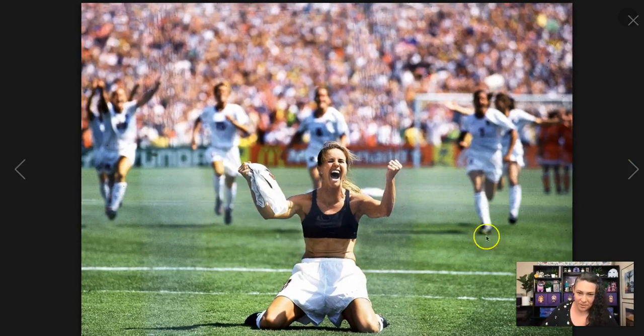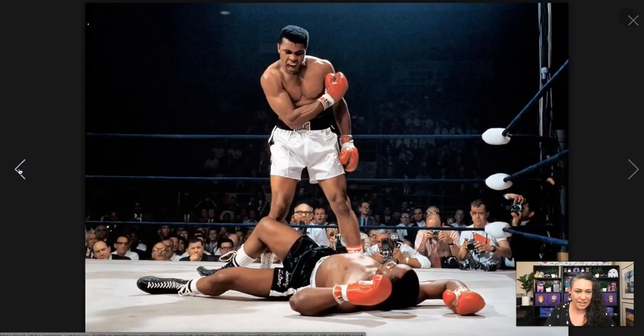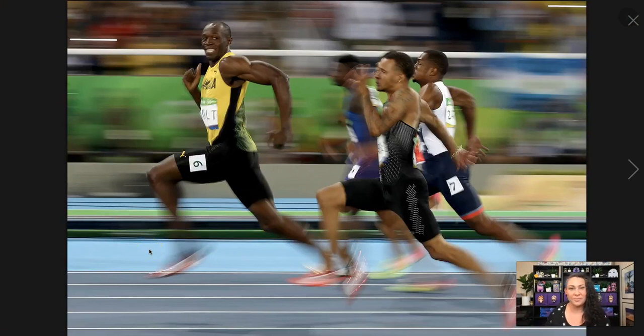aperture, which helped create the look of this photo with their teammates running and they're out of focus and all of the focus is on her yelling. This is a classic example of Michael Jordan, right in the air, the low angle looking up. This is just an iconic photo. Fast shutter speeds. Now, but here we have an example of a slower shutter speed, and this is using a